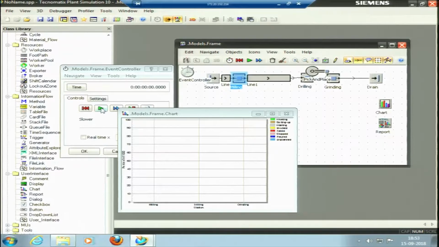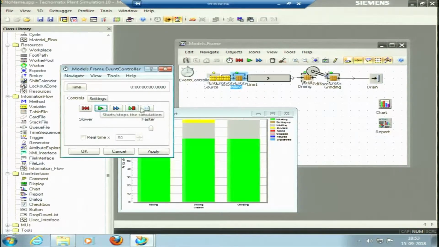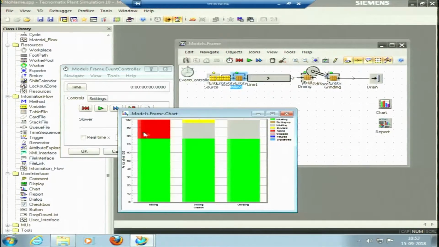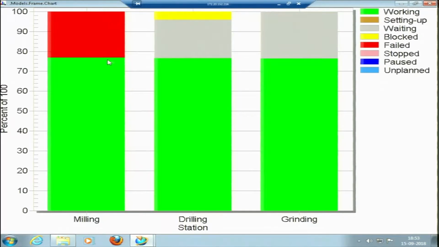Let me run it again for the 8-hour day. Now what are the statistics? For 20% of the time this process has failed. You can see the red color here. For 20% of time it has failed, okay. So it wasn't blocked, because had the failure not been there, it was working for about 95% of the time. But 20% is the failure.